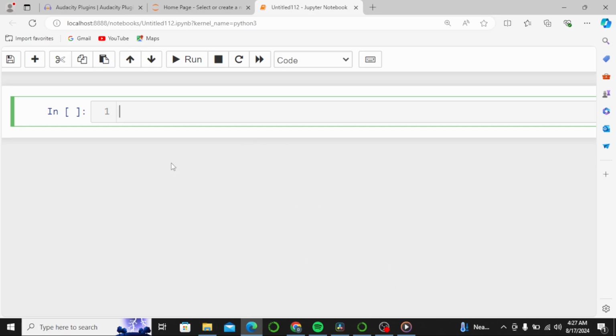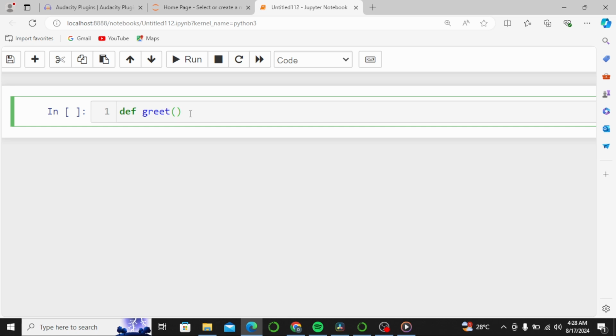First, we will create a simple function that prints a greeting message. So for this, here I am writing def. The def actually means that we are going to create a function, and then I am writing greet. So greet is the name of our function, and then I am using the parentheses. Within the parentheses we can pass the parameters, but here I am leaving it empty, and then I am